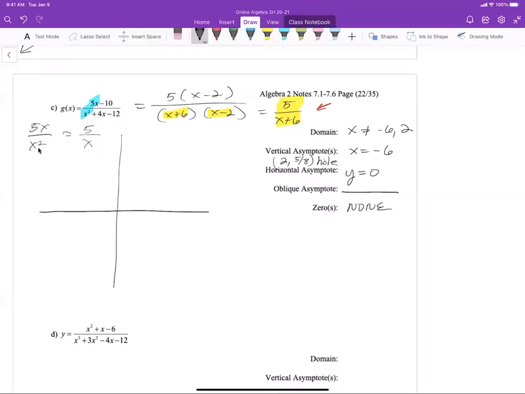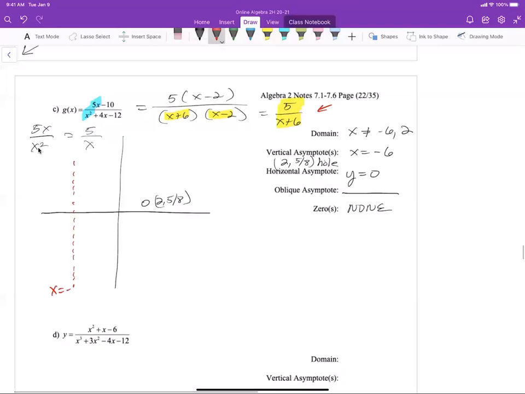Well, I have a hole at 2, 5/8. So let's go and put that right there. And there's my hole, and I've labeled it. I've also found that I have a vertical asymptote at x equals -6. Let's put in my vertical asymptote. Anything else I need to do? Let's see, I have a horizontal asymptote